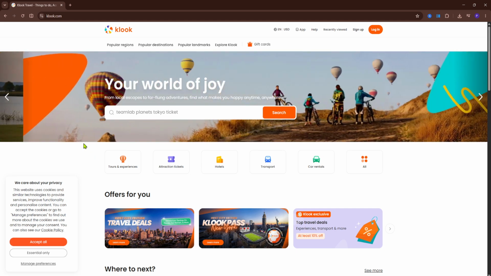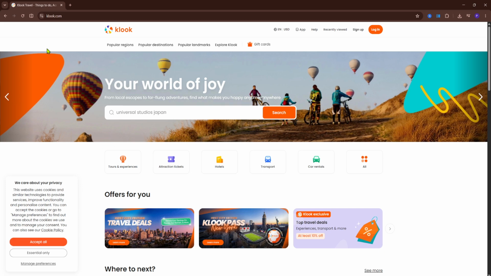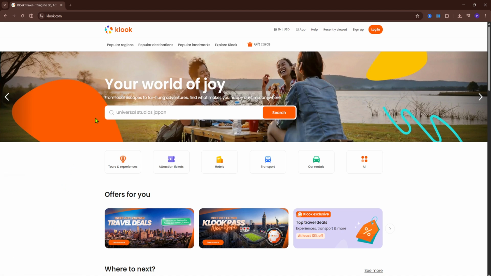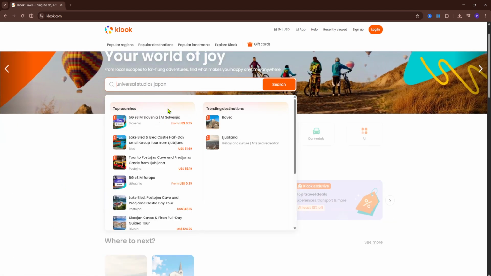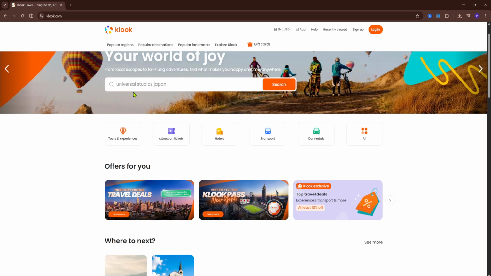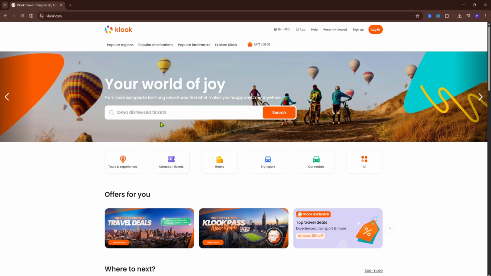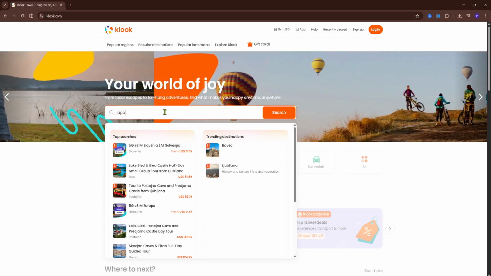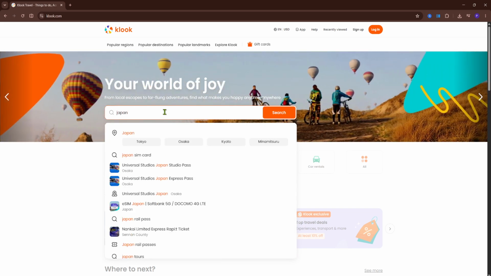Navigate to the Klook official website, so klook.com. Now here, this is basically the official website. Now what you're going to do is simply type in where you want to go. So let's say Japan, Tokyo, let's say,